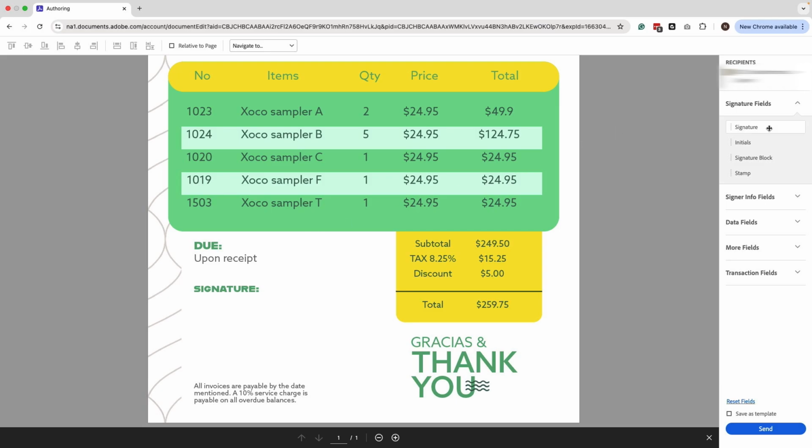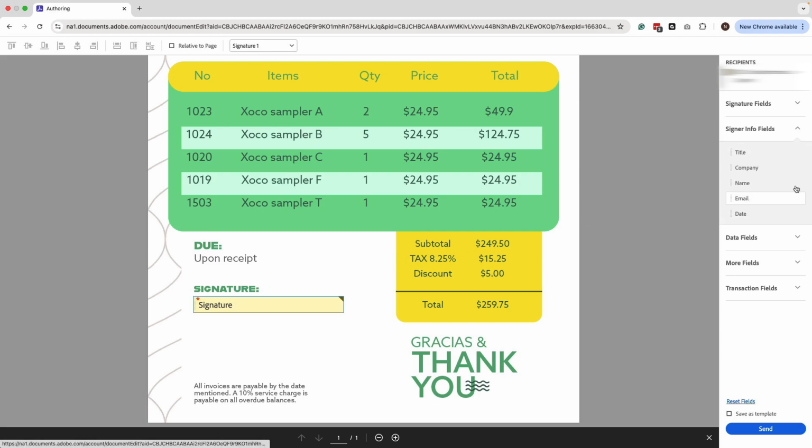You can drag specific signature fields like the signature, initials, a signature block, and stamp. I just want a signature, and I'm gonna drag this over here. Then I can add a little bit more information. I can have the person fill their name, their email,